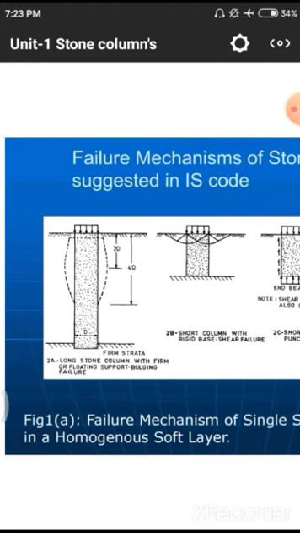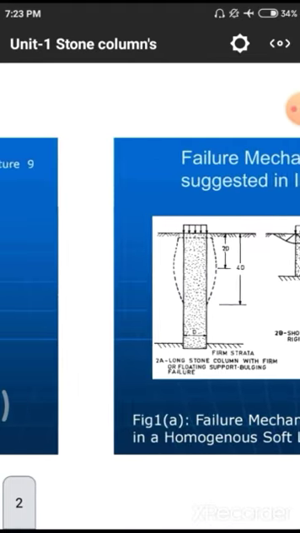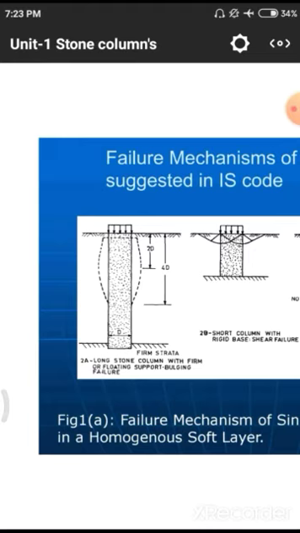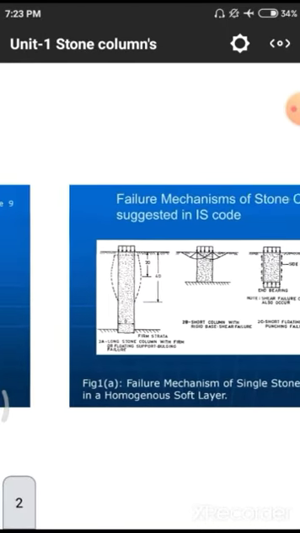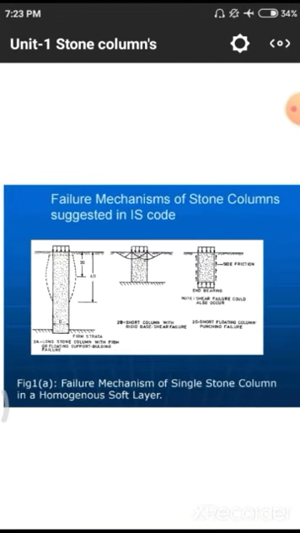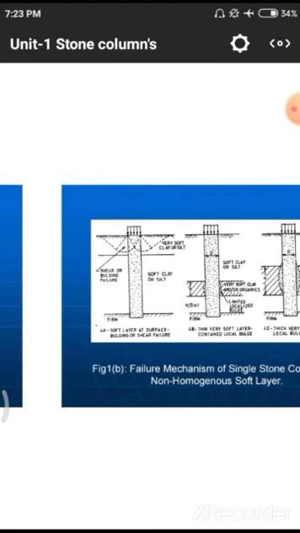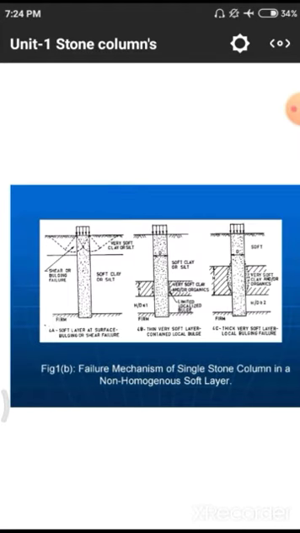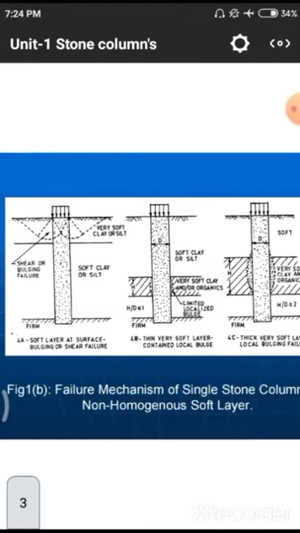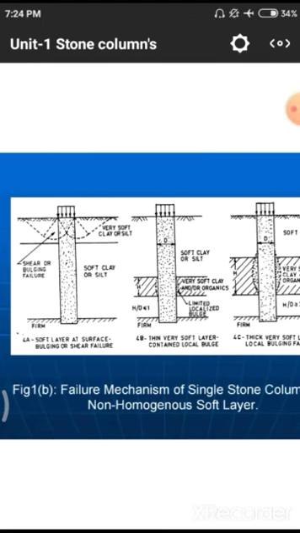This is the failure mechanism of a single stone column in a homogeneous soft layer. It is a single stone column. Normally, to mitigate these kinds of failures, we should prefer multiple stone columns at a particular foundation, so that there may be no chance of buckling or any other crushing. This is how the load will be applied in a single stone column. Previously,